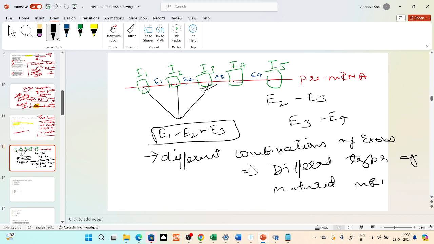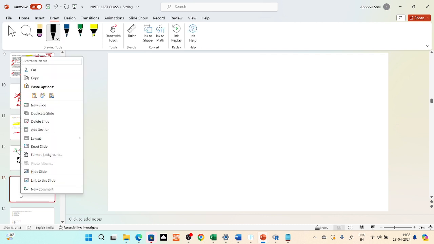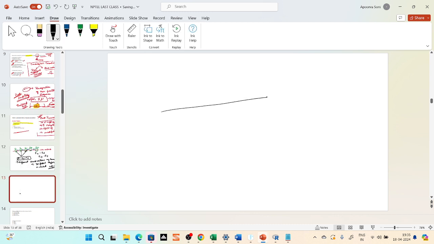Matured mRNA or RNA in general. This is one way of alternative splicing. What would be the other way of alternative splicing? Poly A tailing. So differential poly A tailing means we have already studied that in an mRNA, poly A tail is added when there is a poly A tail binding site. There has to be a poly A tail binding site, and after that poly A tail is added.